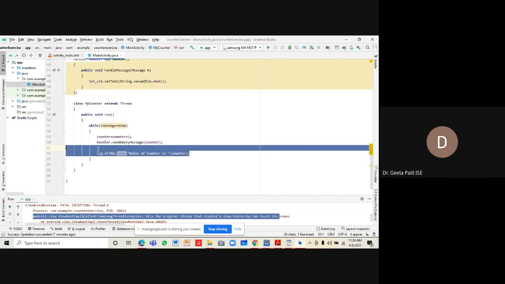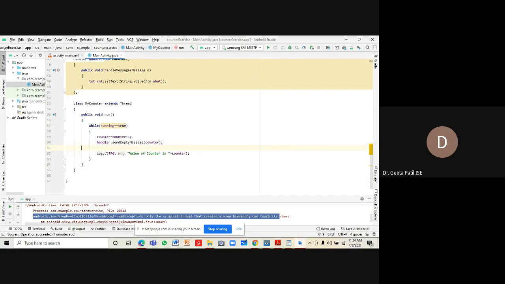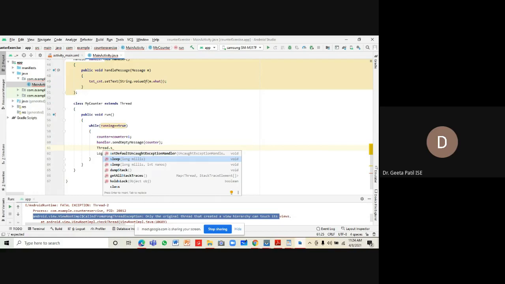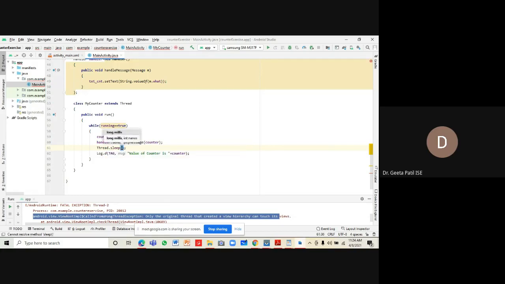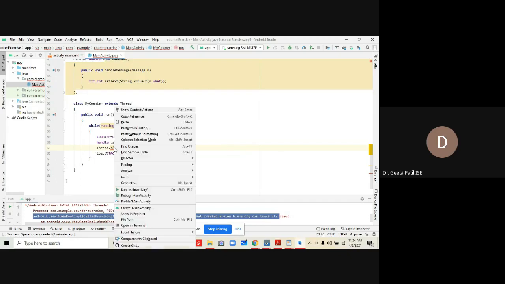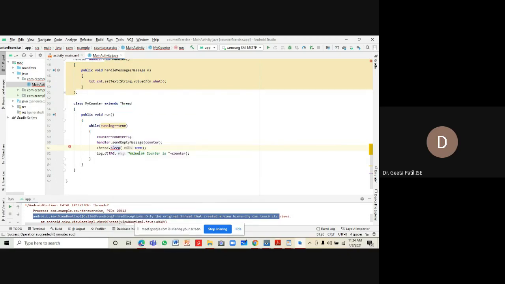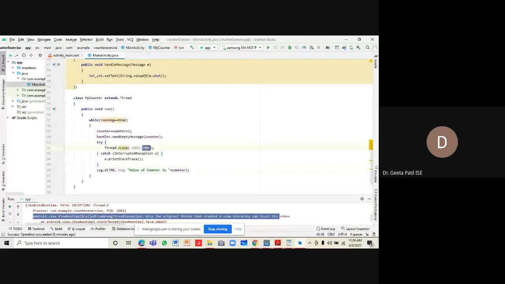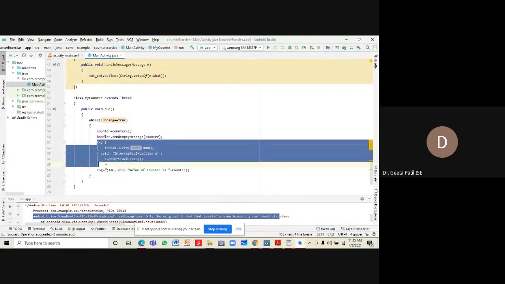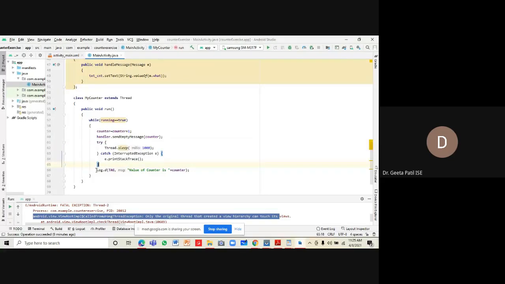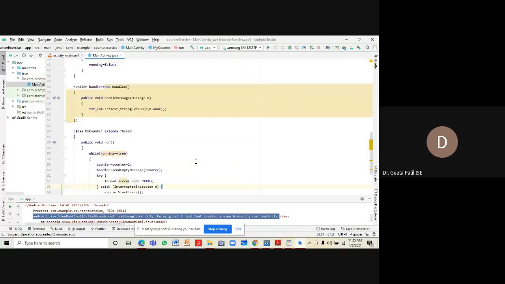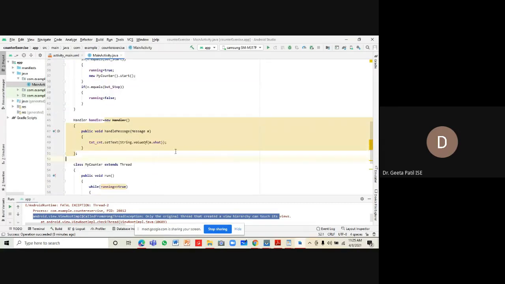And after doing it, we want to display this count periodically. So we'll just use the thread dot sleep method. Let's say like 1 second we need, or 1000 milliseconds we want the thread to sleep. An interrupted exception may occur when the thread is sleeping, so we need to enclose this in a try catch block. That is what is being done. After that, let us execute this code and see whether the thread is responding correctly or not.